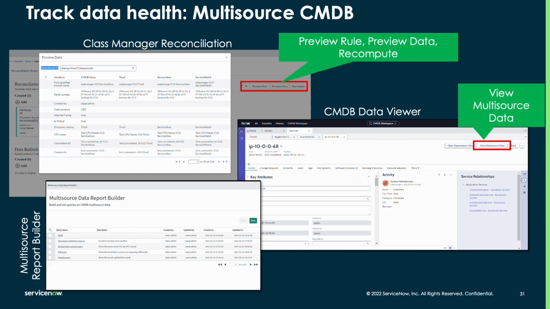And then finally, there is something called multi-source report builder as well. This is really about understanding the data gaps and coverage gaps you may have. From a data management perspective, this gives you the ability to say, show me anytime SECM and source X are not agreeing on RAM value. So you can do these wide area sweeps and understand where your data discrepancies are. Are there places where some sources are reporting something completely different from others? That gives you a notion of, okay, these sources may not be reliable, and then I can judiciously do what I need, but to do all of that, you need access to that data,